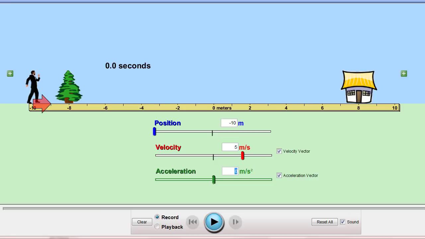Hi physics students. In this video, we want to try to figure out what it means to talk about the direction of the acceleration. It turns out the direction of the acceleration can tell us something about an object's motion, but it's not immediately obvious what it tells us. And so in this video, I would like to tease out what that really means to talk about the direction